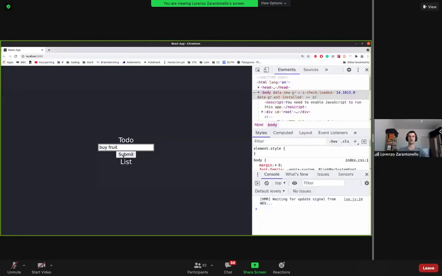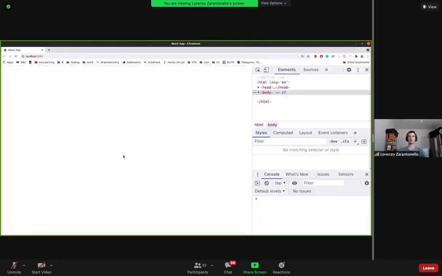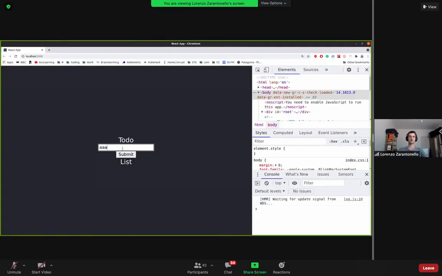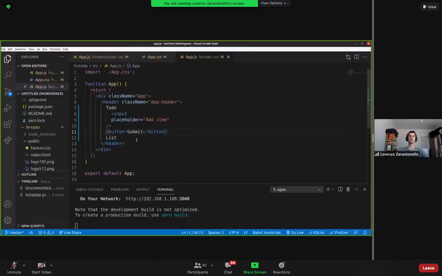In our application, now we have this button. I'm refreshing it. And when I submit, again, nothing happened. And nothing happened because we are not within a form element, and we didn't associate any event to this button or to this input element. So, okay, that's fine. Let's go back to our code and let's start to think about how to work on